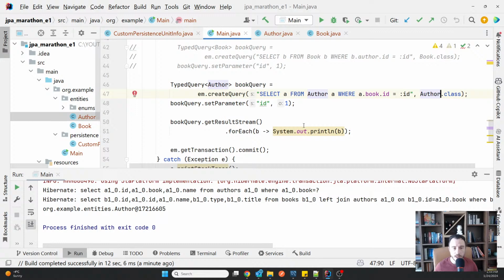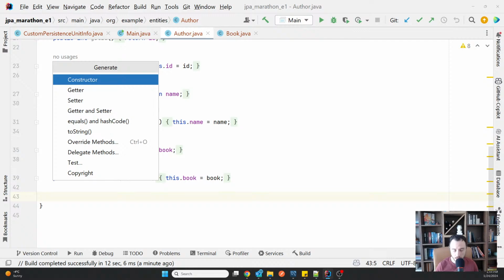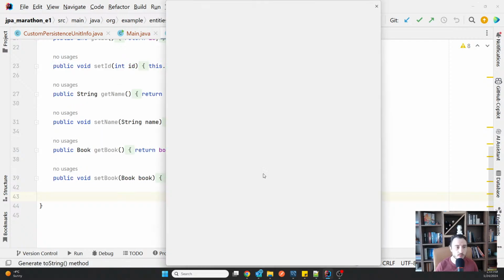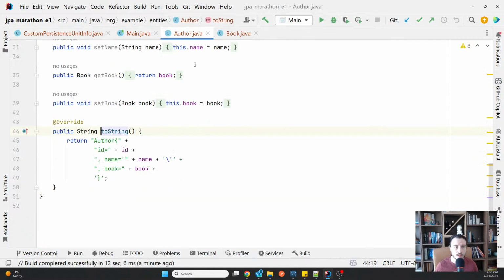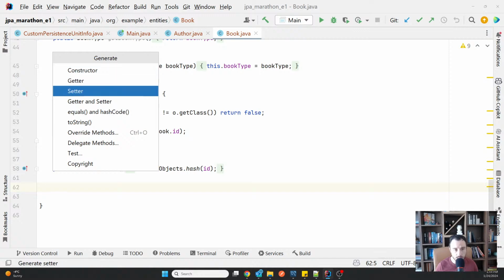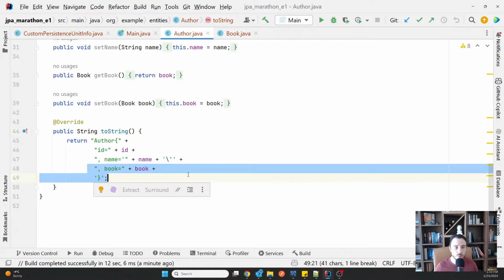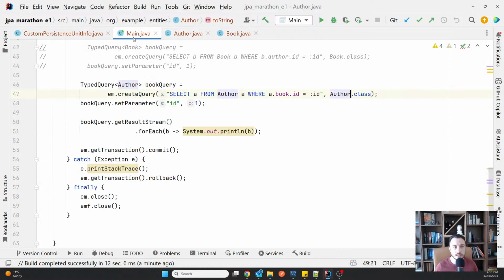And then when you have a bidirectional relationship, you need to be very careful, especially about referring from one to another. So look what happens if I implement the toString in both places. Now I do have a bidirectional relationship, and I'm just going to add the toString method, uncarefully keeping the author and the book, so the relationship on both sides.